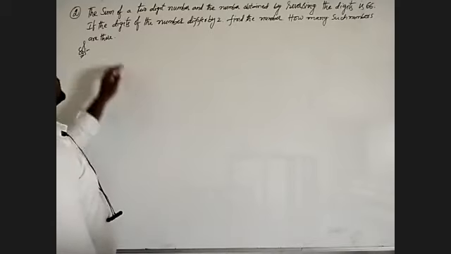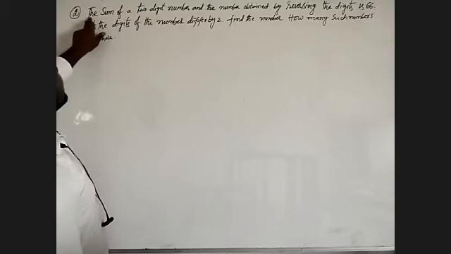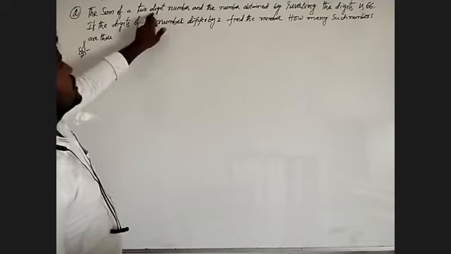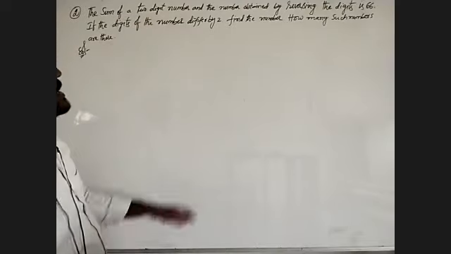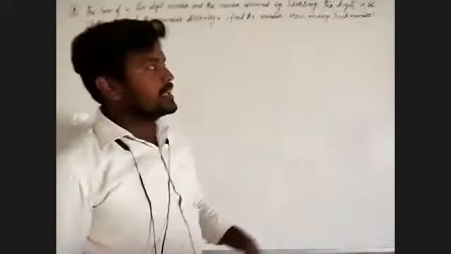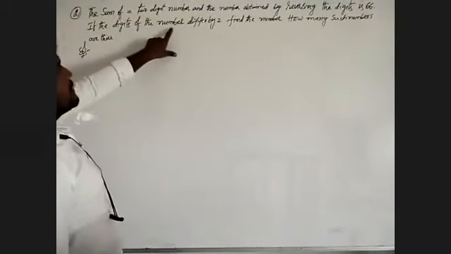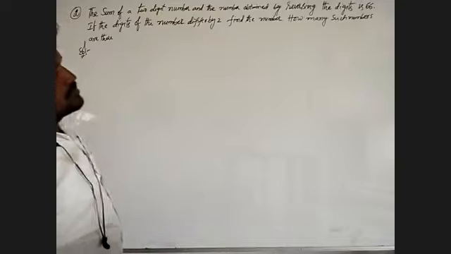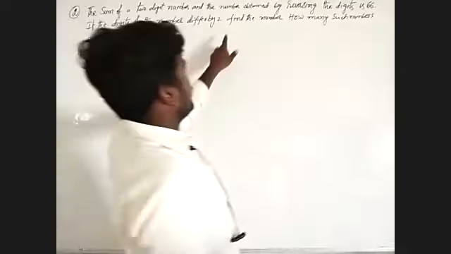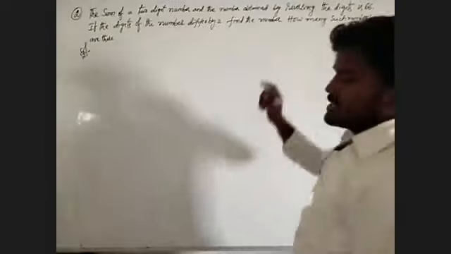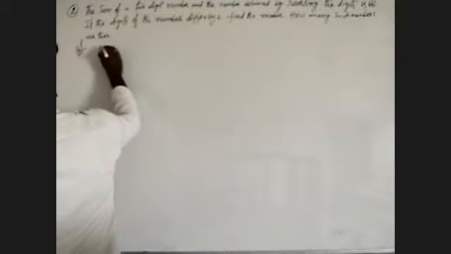Listen, in this one, what is given? The sum of a two-digit number and the number obtained by reversing the digits is 66, and also the digits of the number differ by 2. Find the number, and how many such numbers are there. Here first I have to take, let the